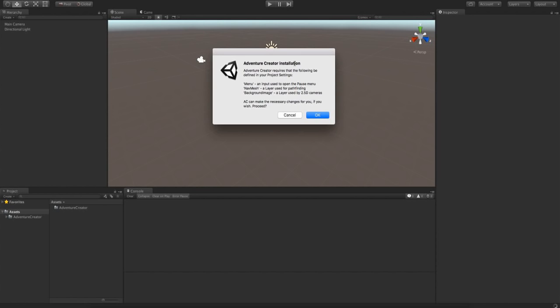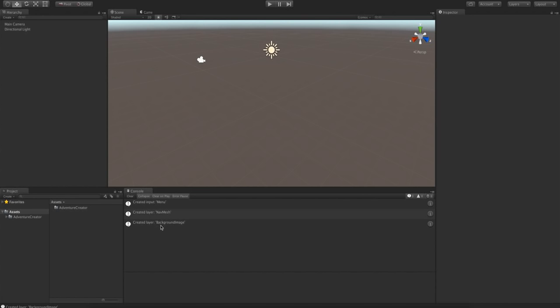Adventure Creator's installation pop-up box appears, and it'll just prompt us that it has detected that some of the layers and inputs that it needs to run aren't present, but it can add these automatically for us. I'll just press OK for that, and we'll see down in the console here that it's gone and created an input named menu and two layers named navmesh and background image, which are necessary for AC to run.